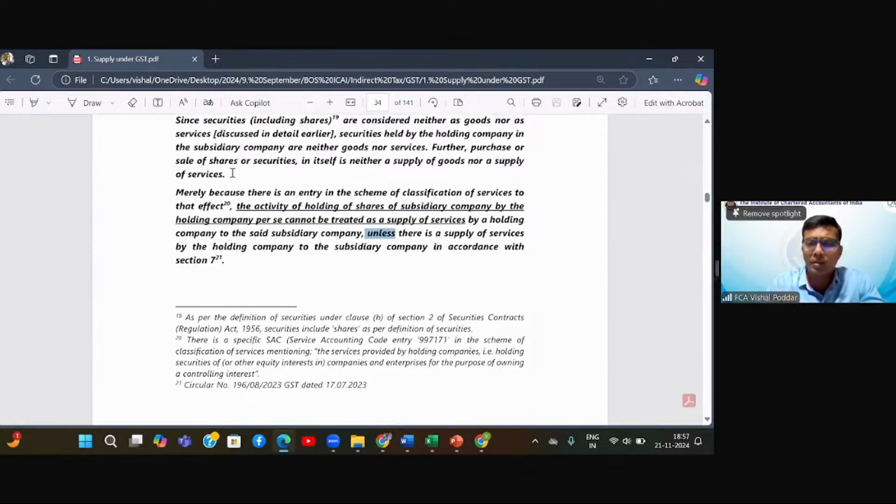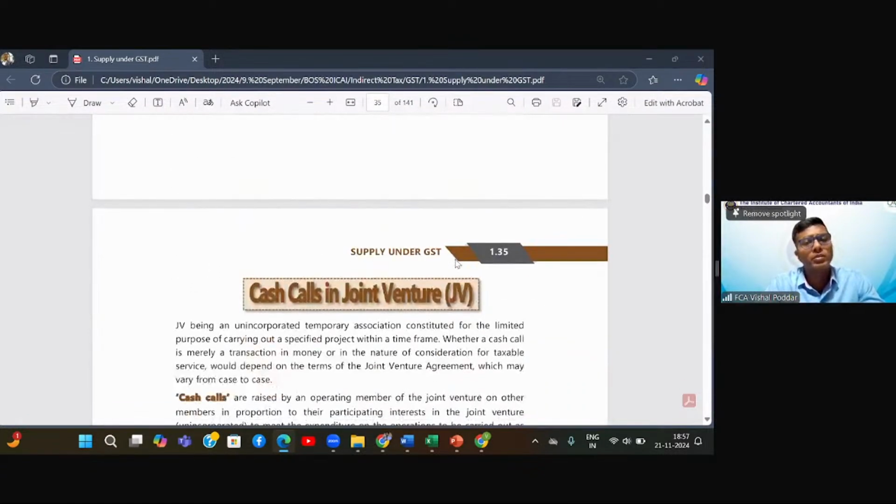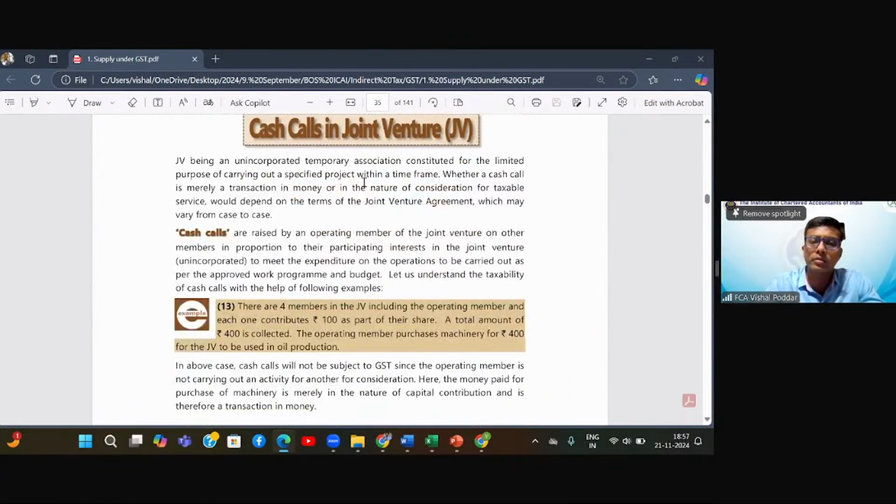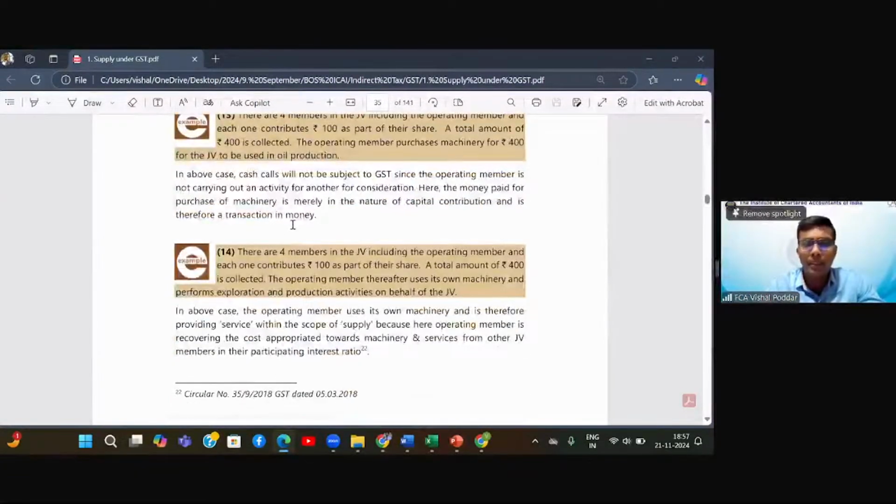सो अनलेस का मतलब होता है जब तक हिंदी में, तो जब तक सेक्शन 7 के कंडीशन सेटिस्फाई करके जीएसटी वाला कोई भी काम आप नहीं करते जो सेक्शन 7 में आता है, तब तक। तो अनलेस क्या है? जब तक, हिंदी में बराबर। तो जब तक सेक्शन 7 वाले कंडीशन सेटिस्फाई नहीं होंगे, तब तक उसे हम सर्विस नहीं मानेंगे, सप्लाई नहीं मानेंगे। दैट इज व्हाट दे हैव क्लैरिफाइड।